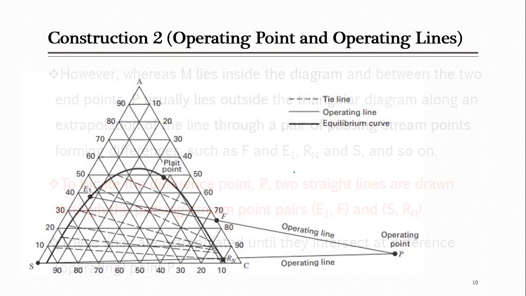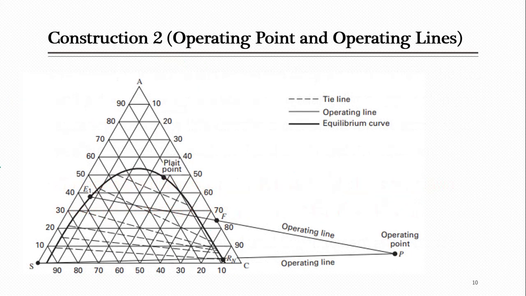Now as I told you, this is the same diagram which we were using yesterday, in which we have three components: A, S and C. Just to recall, A was the solute which was 24% in the feed, if you remember, and C was the carrier which was 76%, and the solvent was 100%. And we have done some calculation related to them.